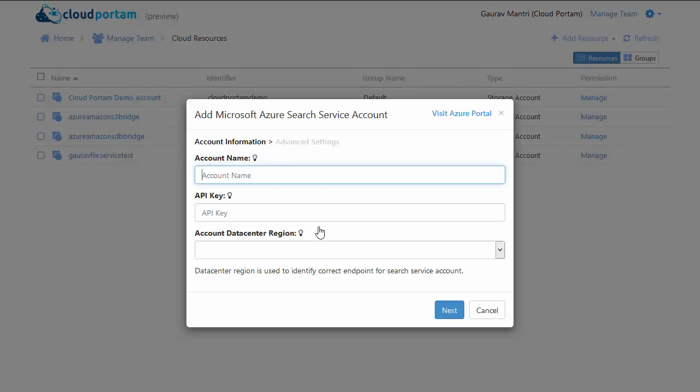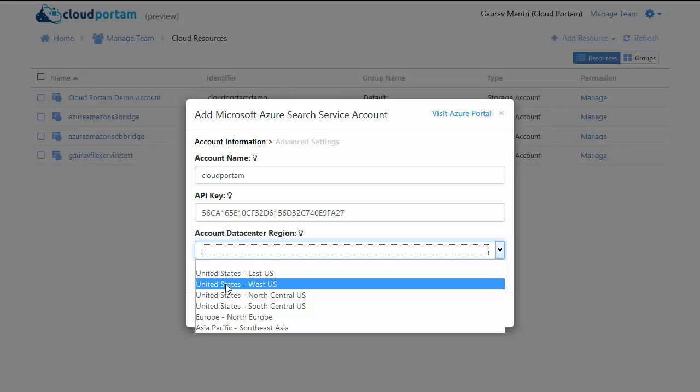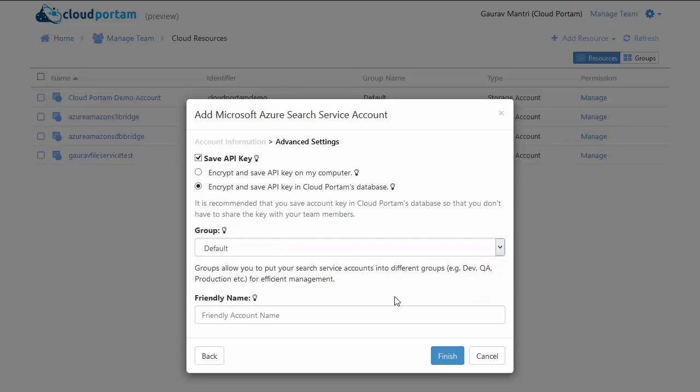So now I got the form where I will input all the information that I got from the portal. I'll just say Cloud Portal, and I will paste the API key, and I know that my search service is located in the West US data center, so I will provide that information, and then I will click on next.